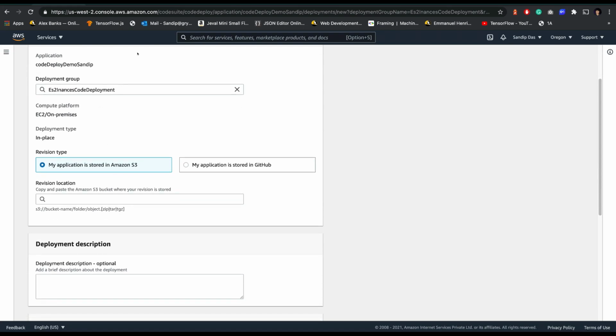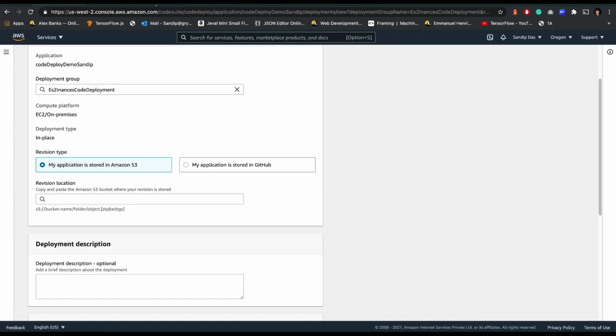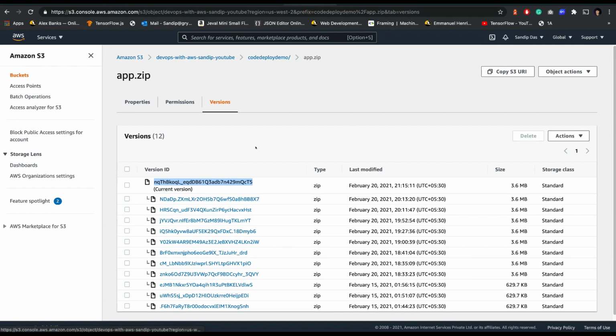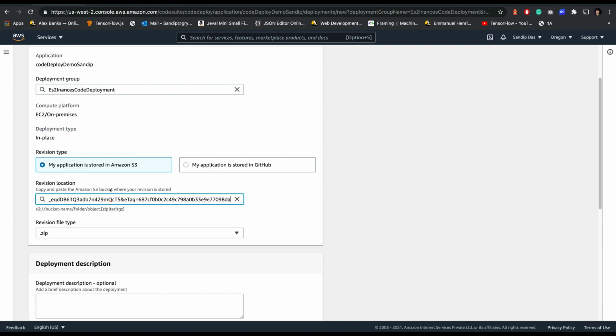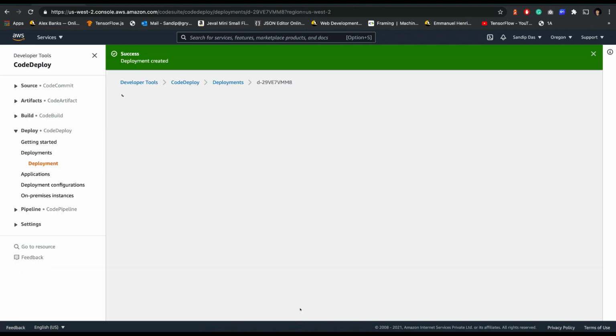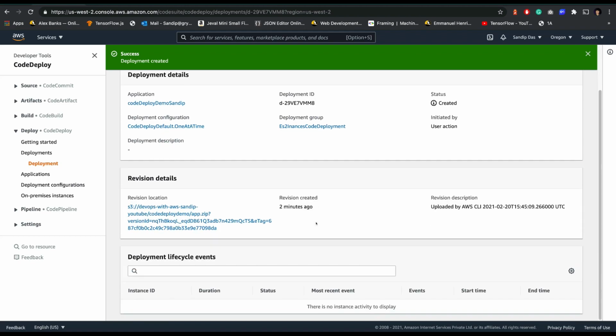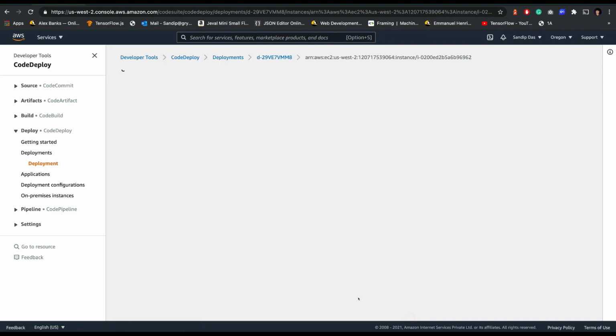Okay, so you will see that since we have made the deployment and it created a new version here, and we had the version ID in the SSH copied here. If I search by the ID, it will come directly here. Okay, let's click the deployment and let's see what happens. You will see, surprisingly, it will take just a few seconds. It will be done. See the view events.